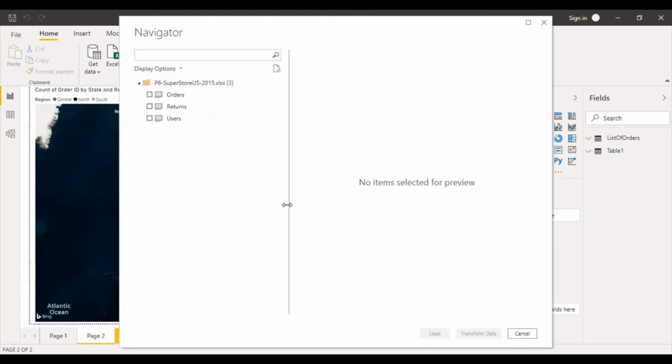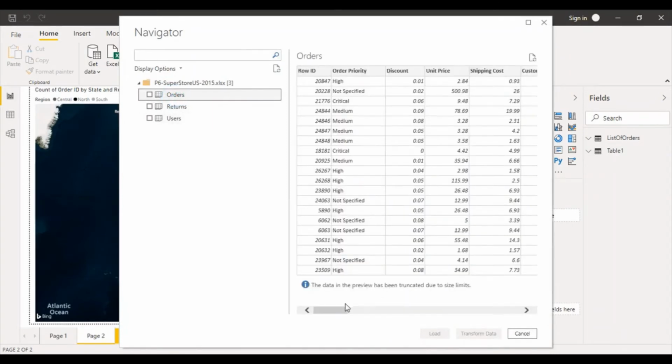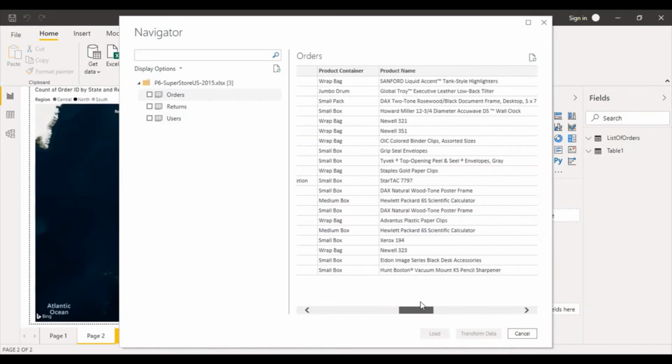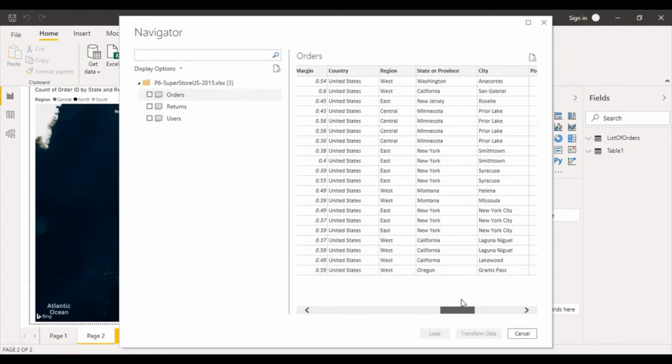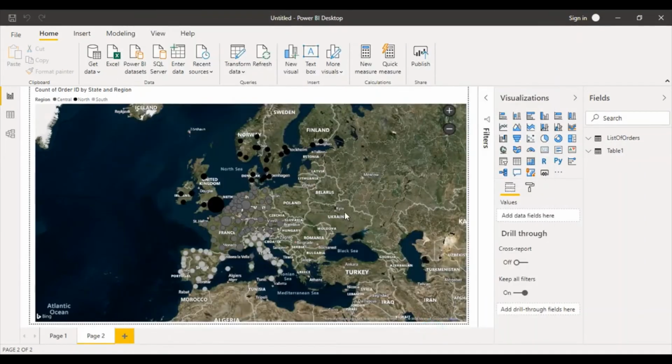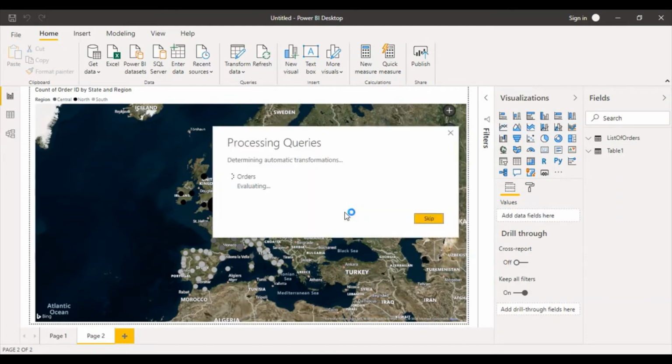So here we have got the orders sheet, and once we click on it, you can see a preview over here, and you can just cross check whether the column that you want most, that is the state or province column, is present over here. Then you can simply click on it and click on load, and this data would be loaded into your Power BI, taking a few seconds of your time. Okay,